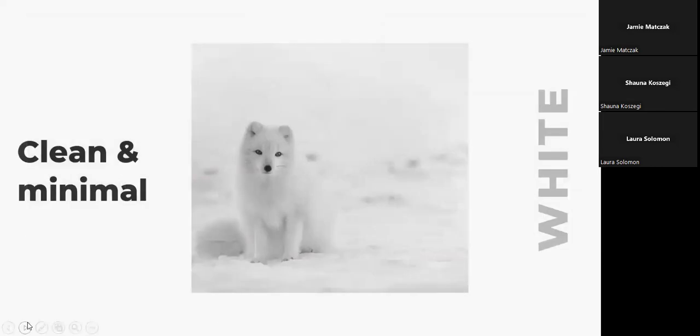Now, that leads lastly to white, and white is usually associated with minimalism and simplicity. And so using a lot of white color in a design can create a sort of minimalistic aesthetic. It also can make it very fresh, very clean. When I work with libraries on websites, the number one thing I hear when it comes to website design is we want a clean design. When libraries say that to me, they may not realize it, but what they're really looking for is white space, literal white space. They want white space around elements so that things aren't all cluttered.